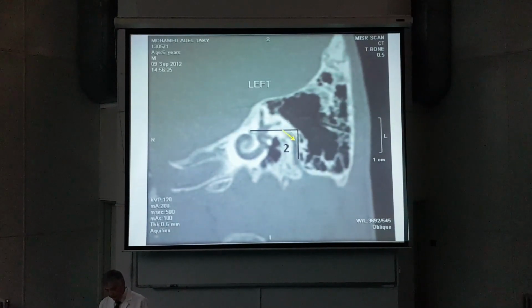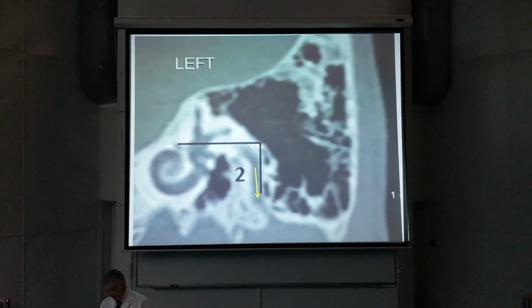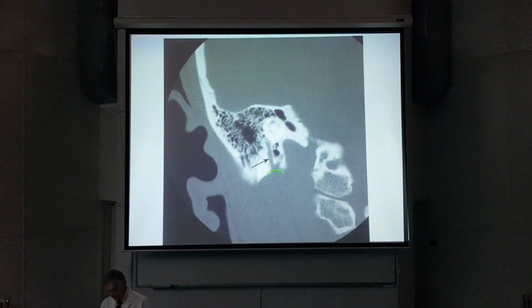And it comes down in an oblique way on its way to the stylomastoid foramen, to come out of the skull. At this point, this is pure motor for muscles of facial expression. Again, this canal, and this is the stylomastoid foramen. That's the stylomastoid foramen, and the facial nerve comes out on its way to muscles of facial expression, and it's pure